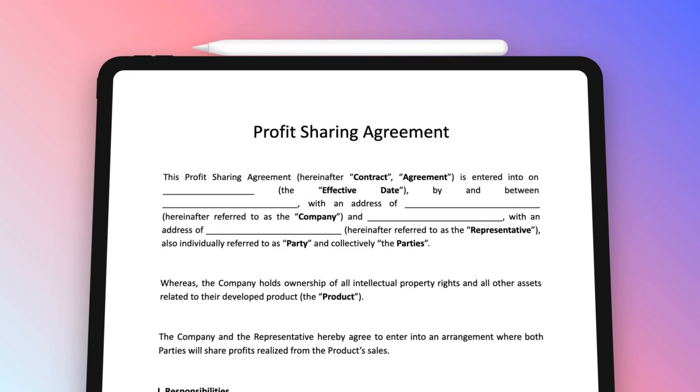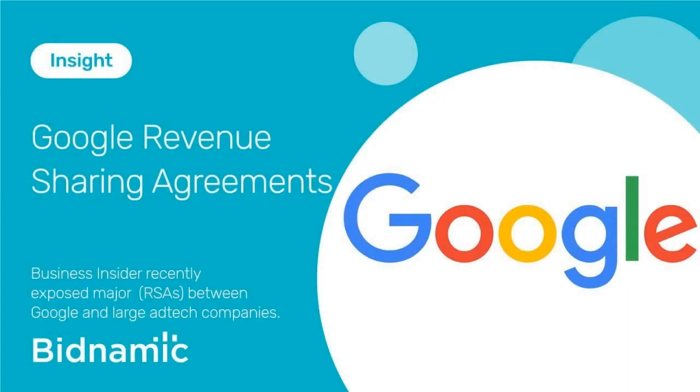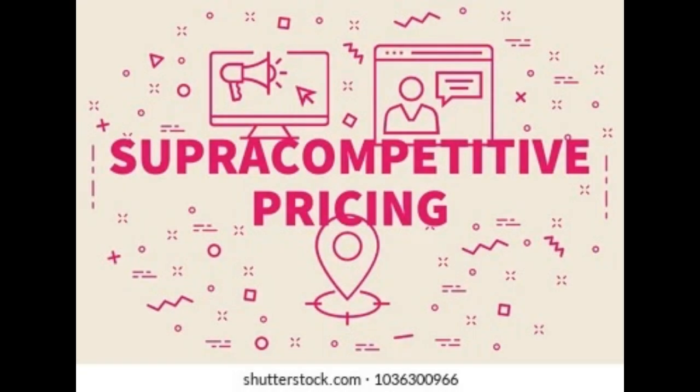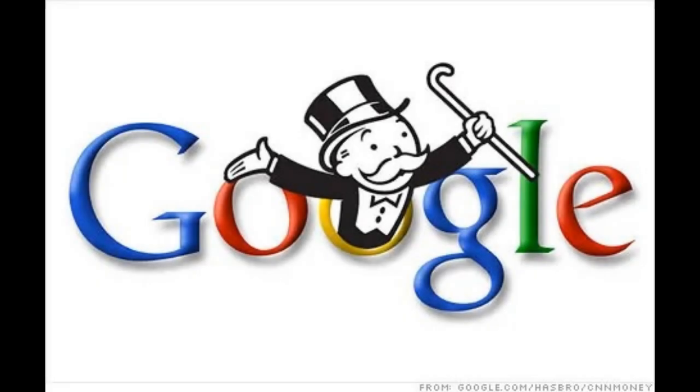Noted was that in 2021, Google paid an amazing $26 billion in revenue share to these partners based on advertising revenue generated from these devices. Folks, I had no idea the magnitude that we're talking about. On top of this, the plaintiffs claimed that Google could charge super competitive prices for the general search text ads, thereby earning monopolistic profits. Google's response said it was being hammered for having the best search engine.